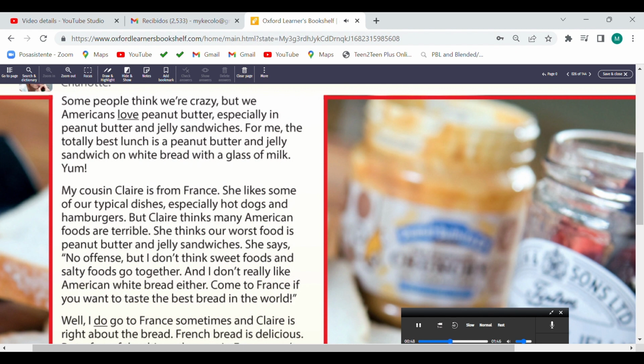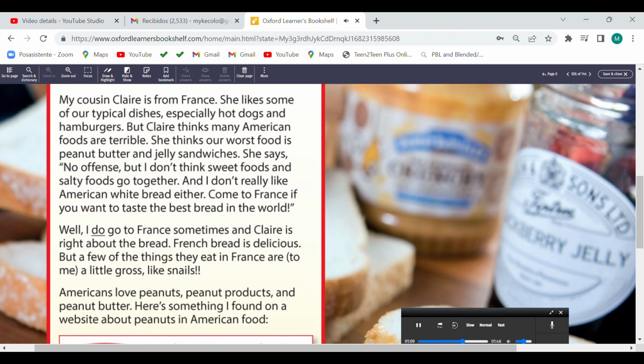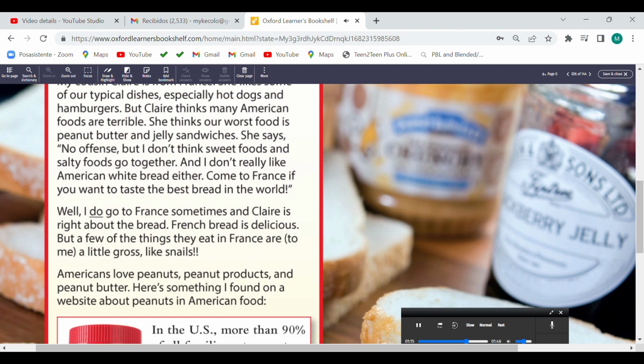She says, "No offense, but I don't think sweet foods and salty foods go together. And I don't really like American white bread either. Come to France if you want to taste the best bread in the world." Well, I do go to France sometimes, and Claire is right about the bread. French bread is delicious. But a few of the things they eat in France are, to me, a little gross, like snails.